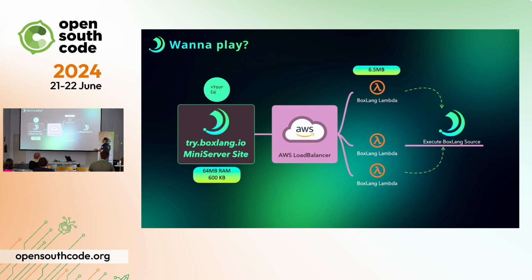So when you actually code in the mini server site and you send your code through, it goes through the Amazon load balancers. It hits one Lambda, whether it's alive or dead, because Lambdas can die and go up and down as you see fit. It will actually compile your code and then send it to our executor to execute the code, all within the Lambda, and then basically send it back to you to see the results. So it's 2 microservices all working, from one cloud to another cloud. Okay? And this was a real testament of how we started implementing multi-runtime for BoxLang.